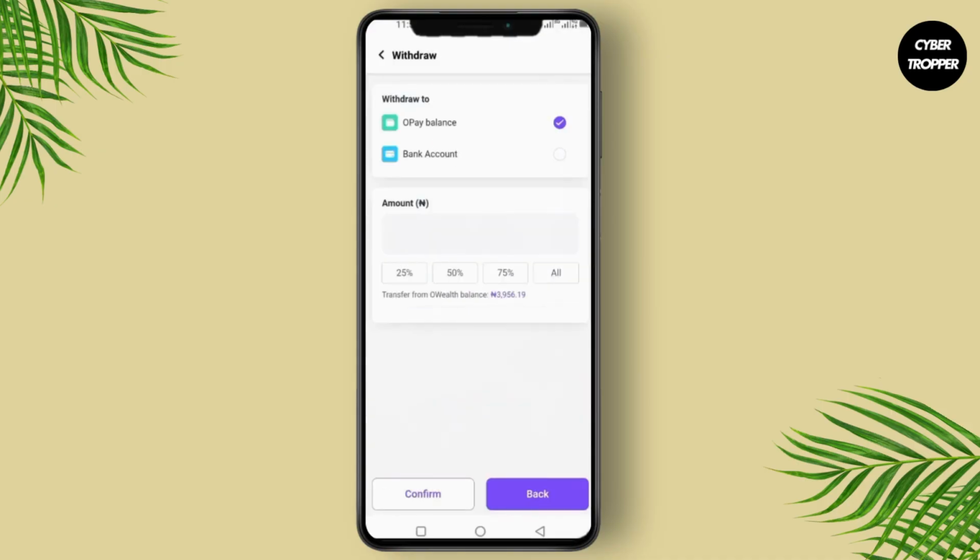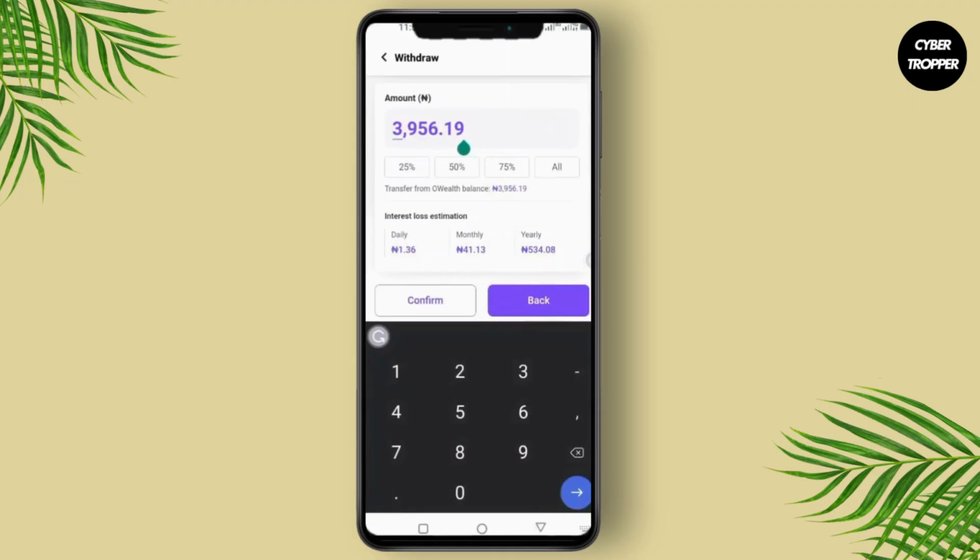Now from here, you have two options that you can select from. Either you can withdraw to your Opay balance or your bank account. So if you want to choose any one of them, just tap on it and then enter your amount. So if you want to enter all, tap on all and it'll transfer all of your Owealth balance to your